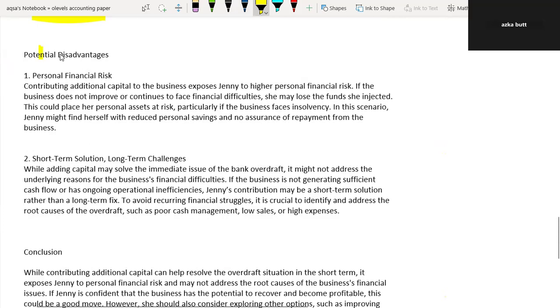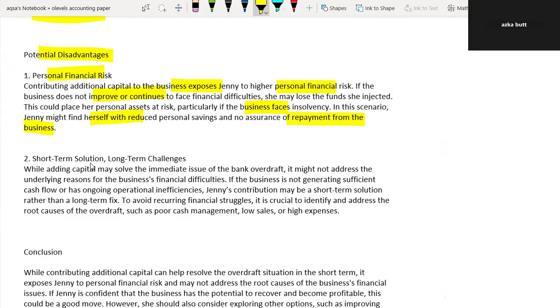Now let's see the potential disadvantages. The first disadvantage is personal financial risk. Contributing additional capital to the business exposes Jenny to higher personal financial risk. If the business does not improve or continues to face financial difficulties, she may lose the funds she injected. This could place her personal assets at risk, particularly if the business faces insolvency. In this scenario, Jenny might find herself with reduced personal savings